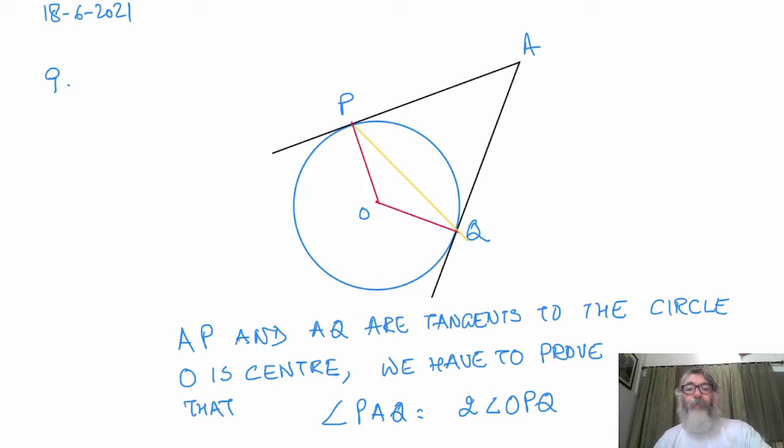Okay, we had done some questions based on circles and tangents. We continue working on the tangents further. In the figure on your screen, AP and AQ are two tangents to a circle with center O. We have to prove that angle PAQ is double of